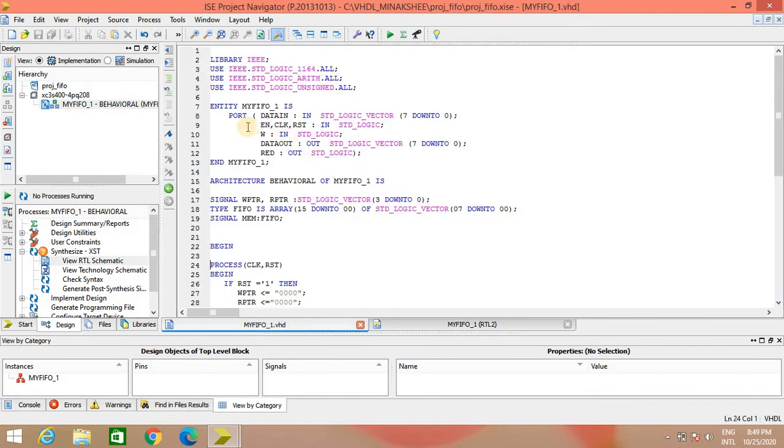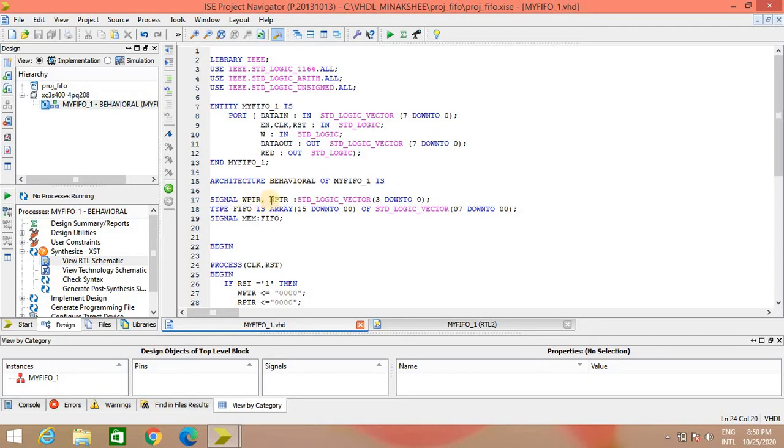So here we have started with process, but in the process we need a memory. So before we use the memory, we have to create a memory segment, and that segment we have to create inside the declaration part of the architecture. So before begin, the section of the architecture is called as declaration part. So there we will generate two pointers, one for the writing and one for the reading. So here we have generated two signals